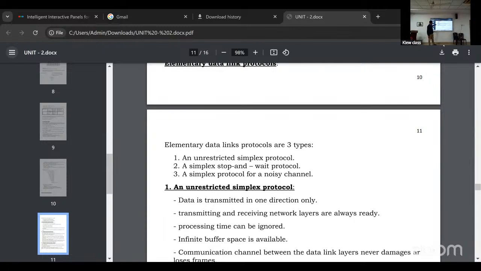Carrier sense. What is carrier sense? If you want to transmit the data, if you want to carry the data from sender to receiver, check whether the channel is free or busy. If it is busy, we need to wait for some amount of time. If it is free, we need to transmit the data. So here, the station can tell the channel is busy before trying. So we need to wait some amount of time, then transmit the data. If it is free, we can transmit.